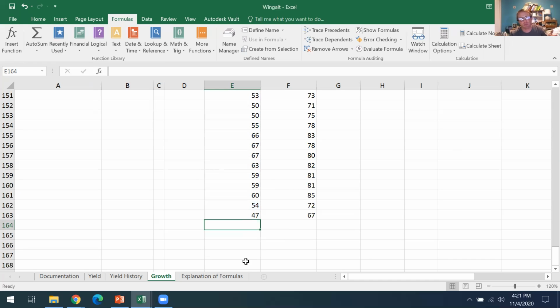Now, I'm going to give you guys a little tidbit of information. When you're doing this, not just for class, but if you're trying to do a budget or something like that,